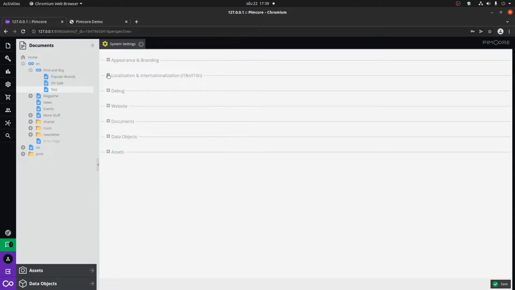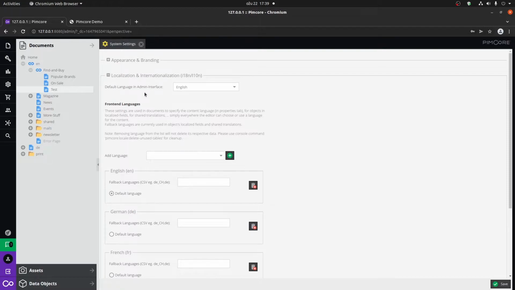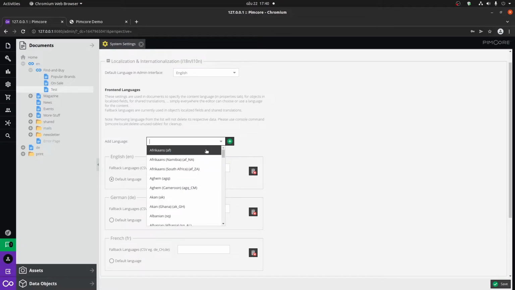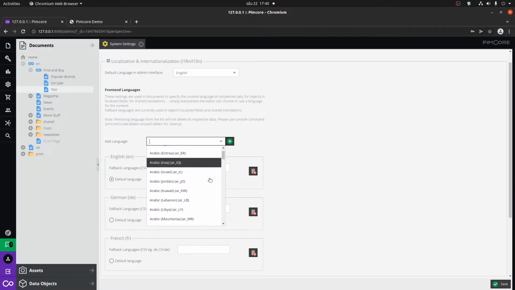On the second tab for localization, we have an option for putting a default language for the admin interface. Down here we have the options for the front-end languages. You can add new languages by just going here and you can start typing or selecting one of the options by clicking on the arrow here. If I would, for example, add a new language, let's say Croatian, I would need to click on save here,